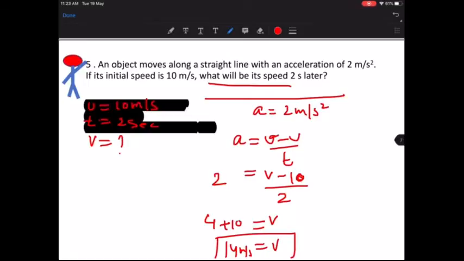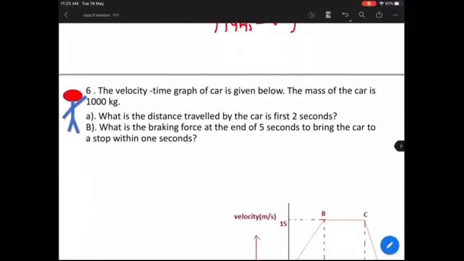14 meters per second. Okay. It is 14 meters per second. Is it clear? Fine. So shall we move to the next question? You must give me a thumbs up if you are able to hear me, if till now things are clear to you or not. Yes, 14 meters per second. Okay. Look at the next question now.